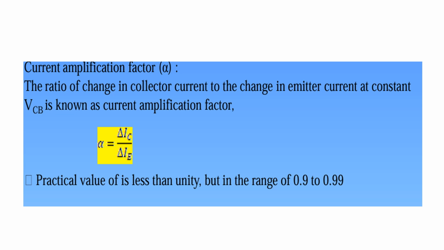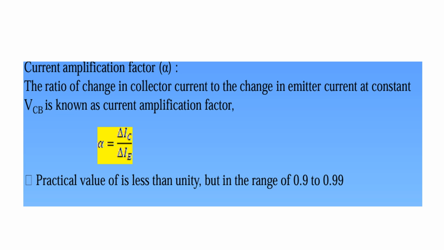Amplification means the strength of the signal increases. How much amplification is done, we will refer to as output by input. If you give an input current signal of 2 amperes, and the output after amplification comes to 10 amperes, what is the amplification factor? That means amplification factor is output by input, 10 by 2, that is equal to 5. 5 is the amplification factor. So like that,